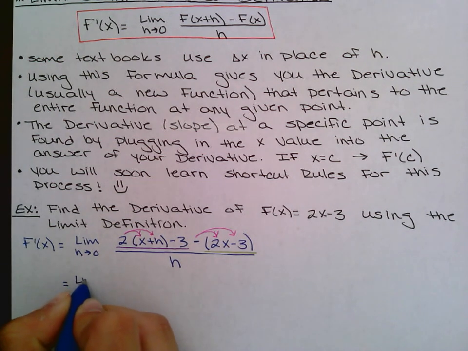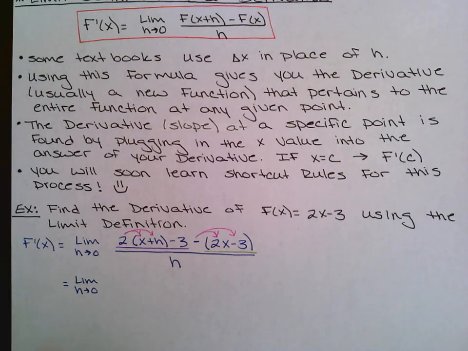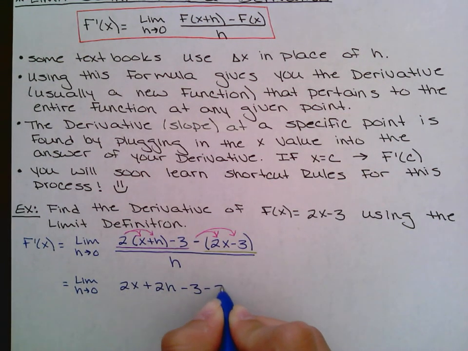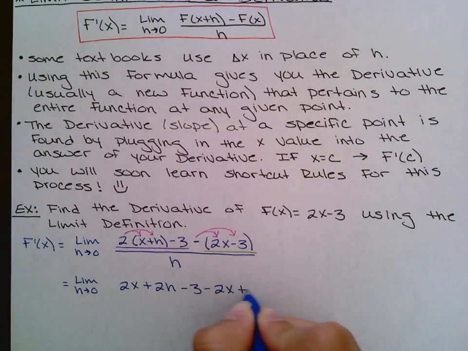I have to rewrite this limit portion up until I plug in that 0 for h. Now, if I plug in a 0 for h right now, I'm going to get a 0 in my denominator, which is either going to be an indeterminate or undefined, okay, which is going to give me an error. That's why I have to clean before I can plug in that h. So I'm going to have 2x plus 2h minus 3 minus 2x plus 3